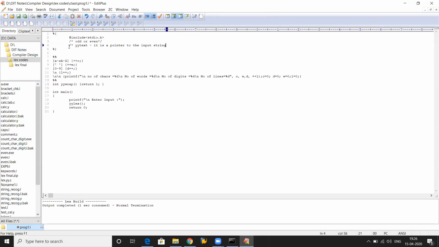Whatever you input, it is a pointer to that. So if you want to extract a particular character or reach a particular position in the input, then for that you have to use this particular function, right?